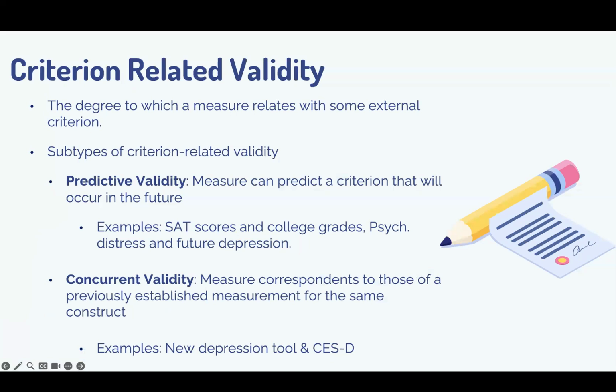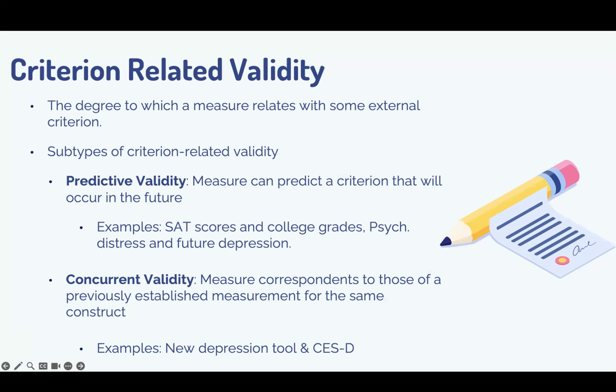Another one is criterion-related validity. So we are talking about how well one measure forecasts an outcome or matches an established benchmark. For example, predictive validity. If you want to know how well you will do in college, you might look at your SAT score. SAT score could be predictive validity. Those scores are trying to give you a heads up on future academic performance.